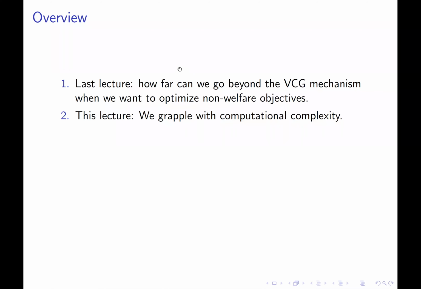And so what this will mean for us is that we won't be able to run the VCG mechanism when social welfare maximization is an NP-complete problem, and we'll have to resort to approximation. And we'll have to be careful as we try to approximate social welfare that we do so in a way that doesn't give up the incentive properties that we're trying to design into our system.